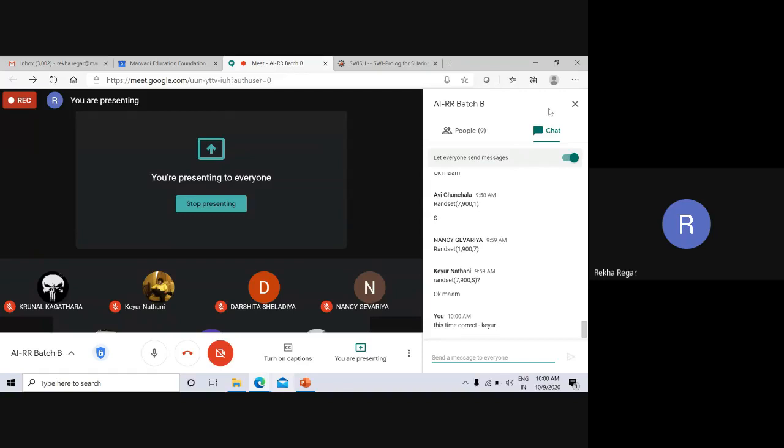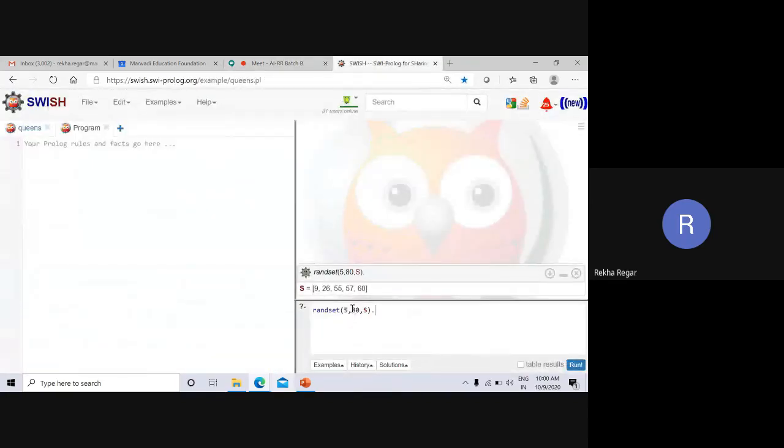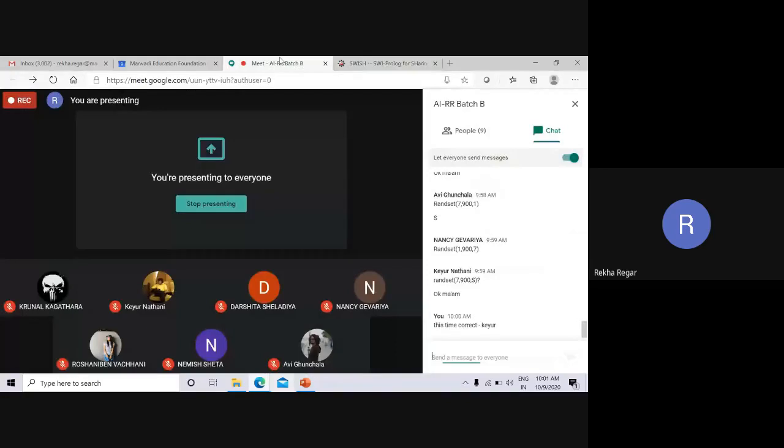So guys, this is, you can say, one of the small methods, or small functions. With that one we can get a set of elements that is randomly selected from a given range. I said that I am interested to take 7 elements, and for that the range is 1 to 900, and I am taking that value in the set S. So this is a variable only. You can see that I am getting the 7 elements, 1 2 3 4 5 6 7, and that is represented as S. Like this, we have to write down the syntax. So this one is the correct one.